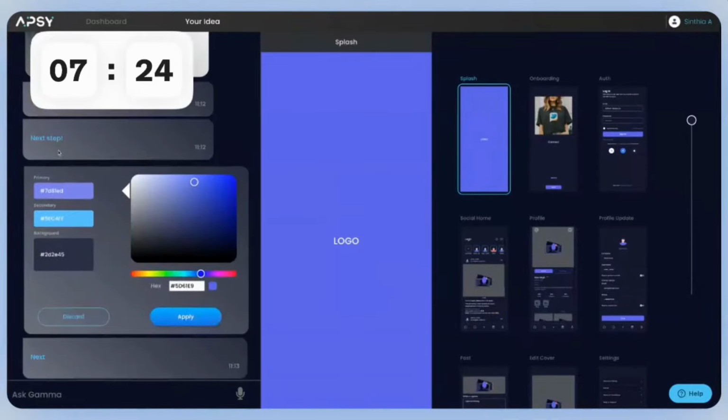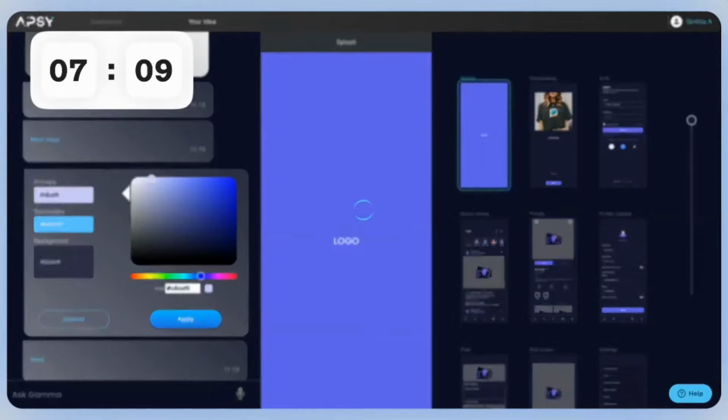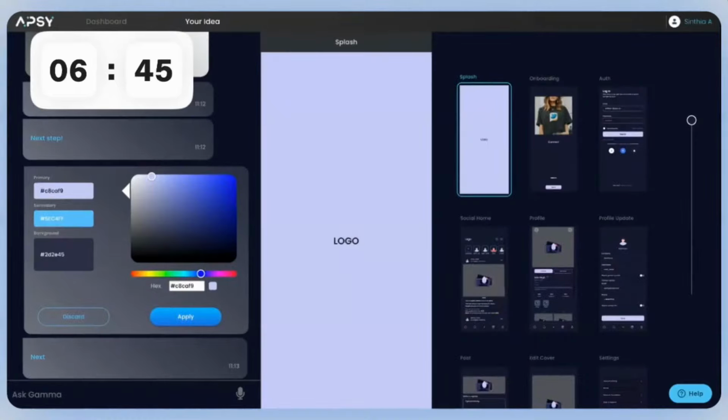So next thing, very simple, it's next call to action. We also have color palettes. You can change it. You can change the primary color, secondary, background. I'm just going to change the primary, and I love purplish colors, so I picked that. So let's go and apply it. Once you apply it, again, it will apply to the entire application, which does take a few seconds here and there, because again, it's updating every single screen based on your selection, all 37 screens. It's gonna update and it will change based on the color I picked.